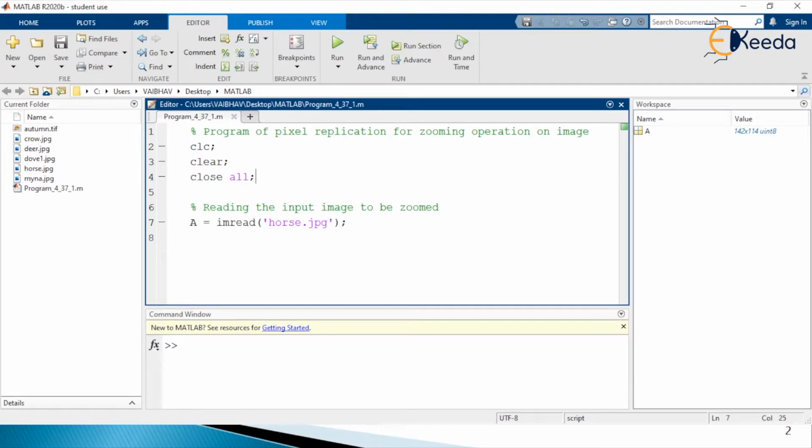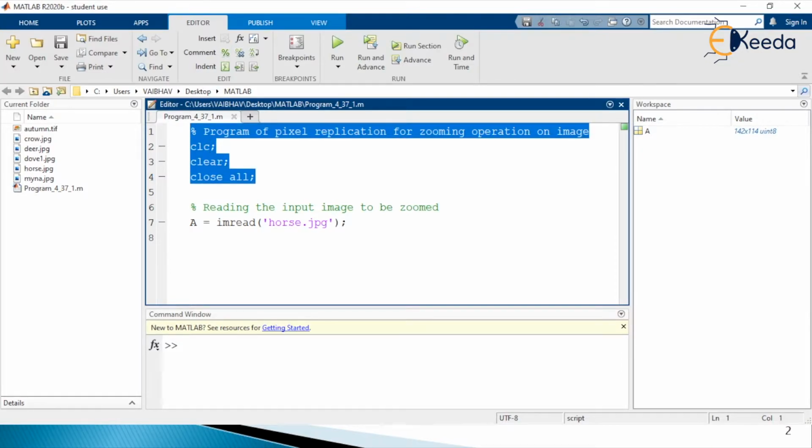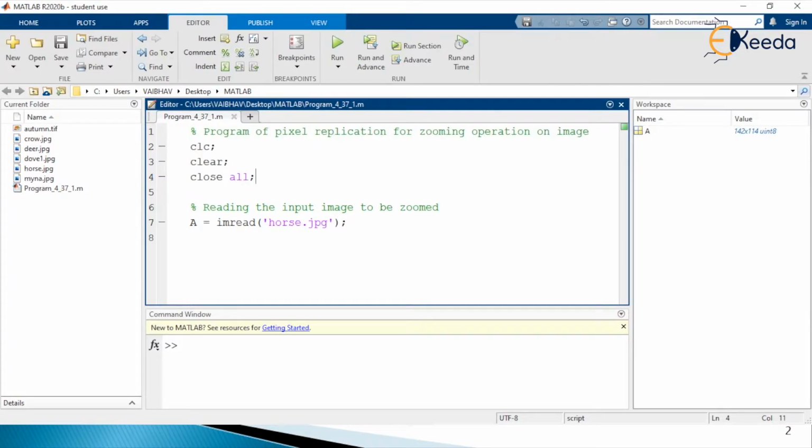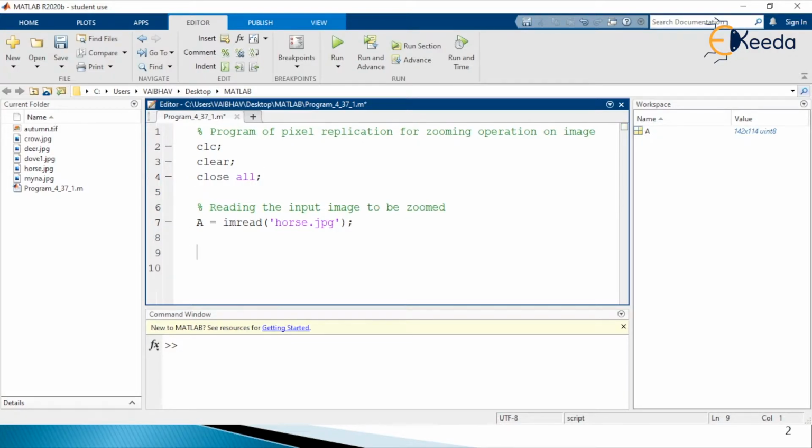So with these three commands, clc, clear and close all, we have a fresh execution of this MATLAB program. So we have capital A as the input image for processing the zooming operation here. Now for further programming purposes, I define two variables, small m and n. Those will hold the dimensions of the input image.